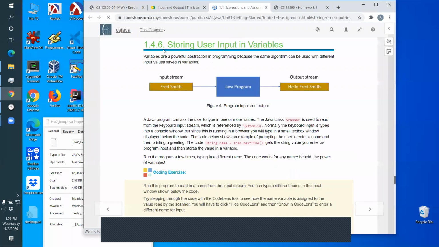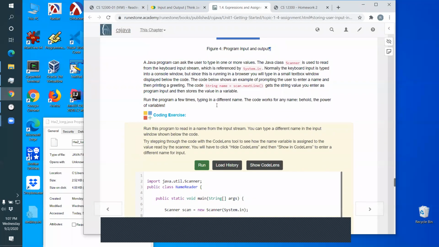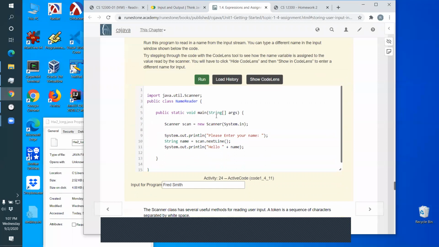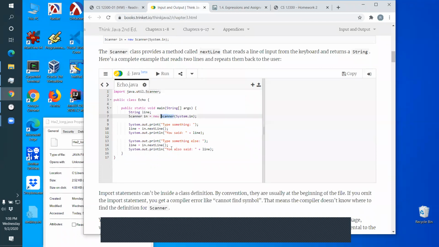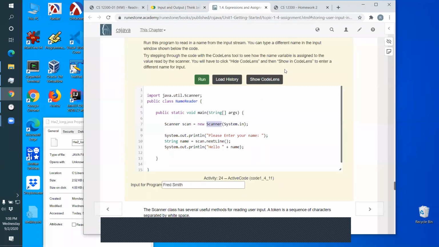It's in section 1.4.6 of this book. So I think it's good for you to read both and compare them. They're both doing the scanner class. Okay, here's their example of the scanner class, and then here's their example of code for the scanner class. Okay, so I'm going to just write my own example. So maybe we'll go back to the example here, but I'm going to start off with just doing an example